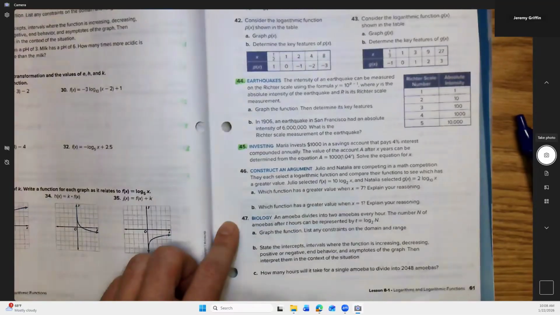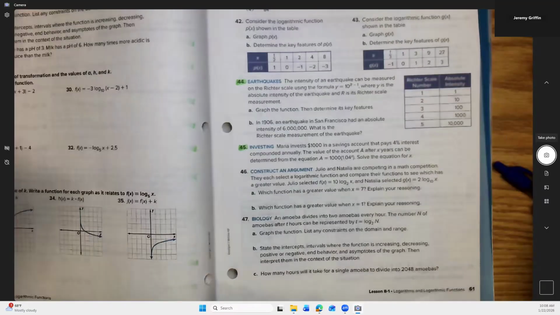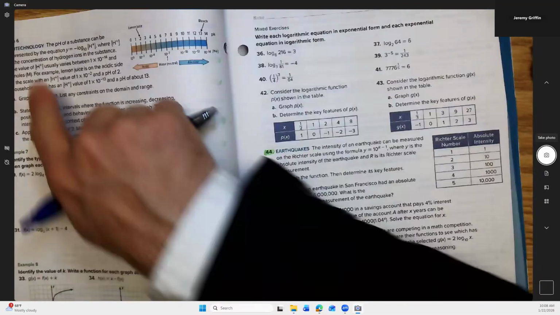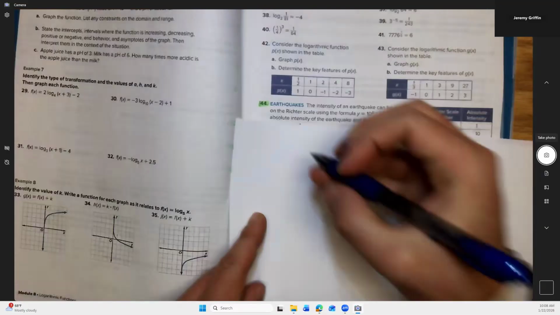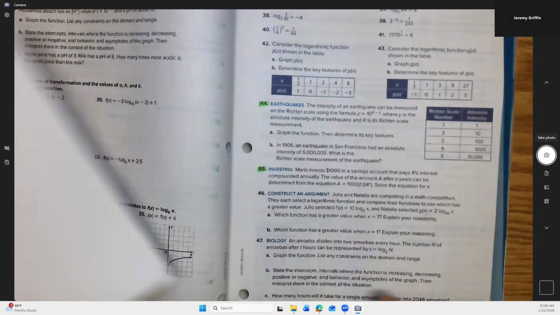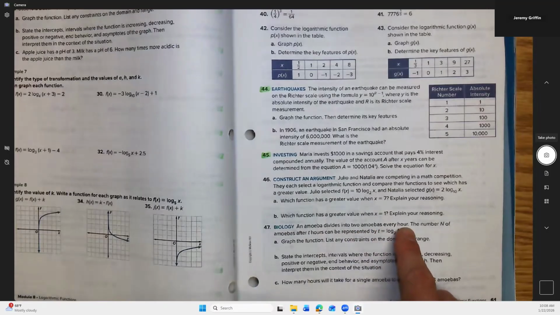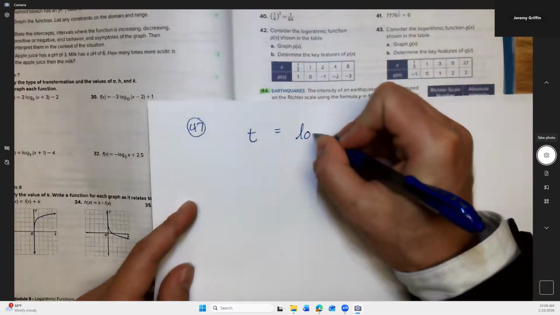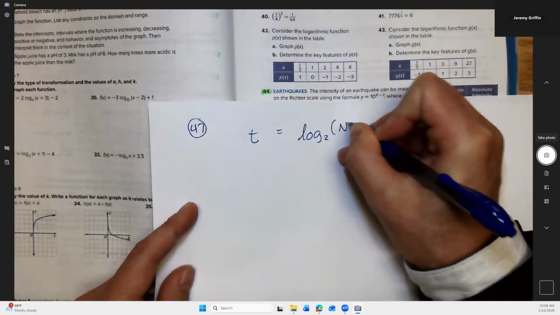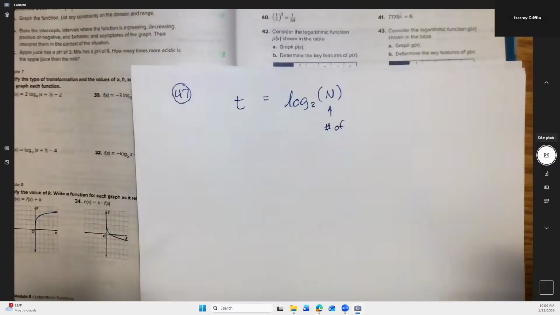Let's do down here, 47 biology. Okay. This earthquakes, this investing, and also this pH looks like I did in another video if you want more examples. So 47 biology. An amoeba divides into 2 amoebas every hour. The number of amoebas after T hours can be represented by T equals log base 2 of n. Again, n represents the number of